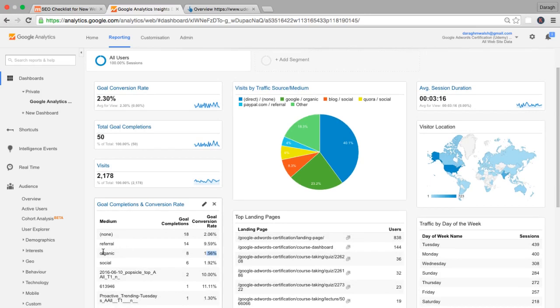And you can see that here using this little chart, which you'll be getting later in the Google Analytics section of the course. I can see that organic, the channel, has contributed 8 goal completions, which represents 1.56% of my total goal completions. So I can see very easily how that is performing relative to